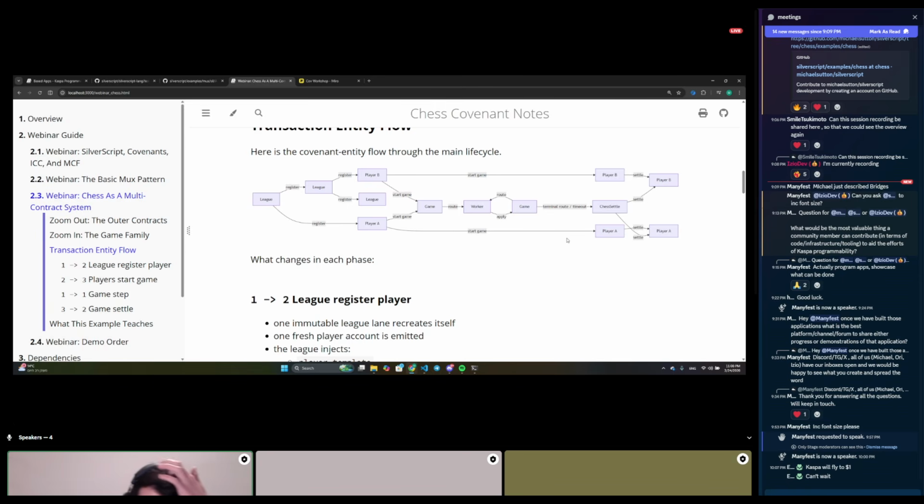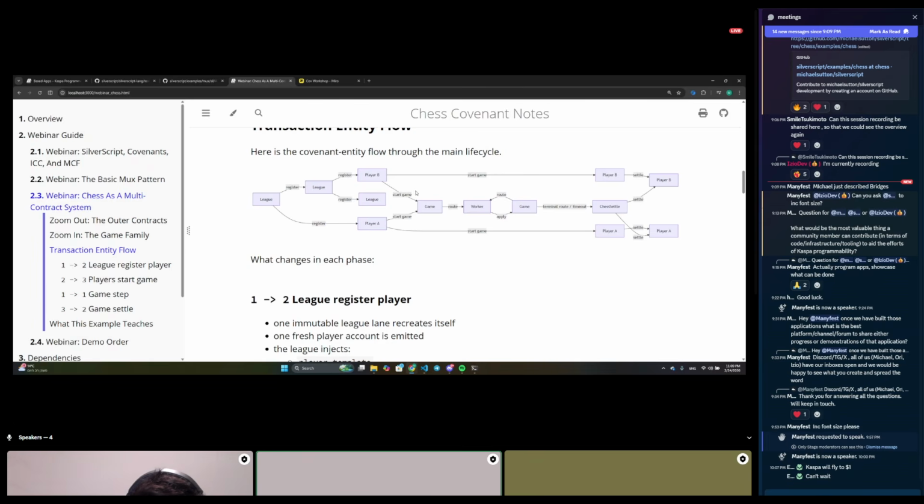Well, that's really impressive. So just to make sure everyone understands, each square, each rectangle here is a transaction. Well, not exactly, each arrow is a UTXO. Yeah, each UTXO, sorry. That's really impressive. A transaction is a little abstract here.